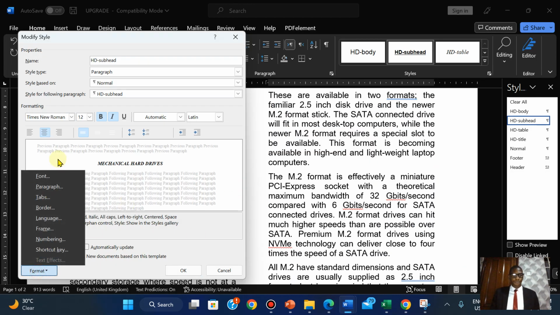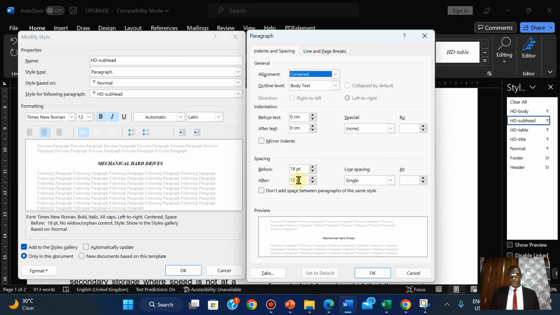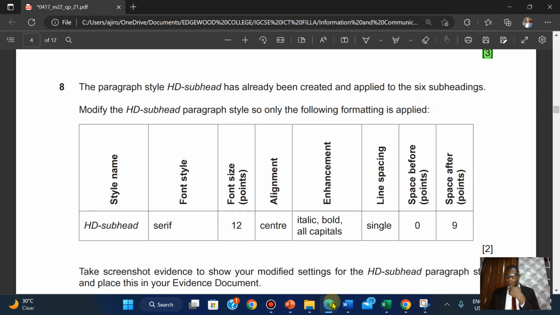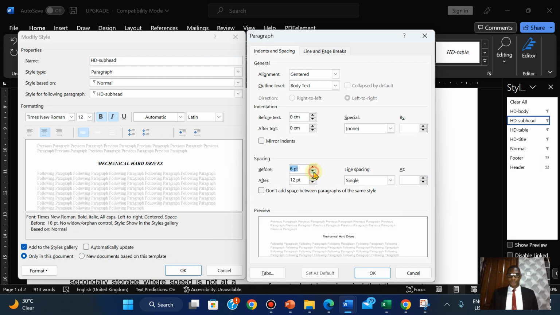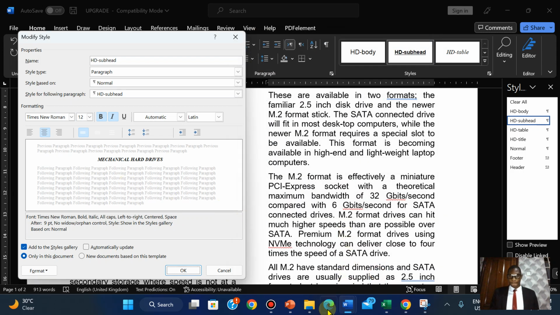Single, that's a single space before, that's 0 space before, and 9 points after. So, and yes, 9 points. Okay,